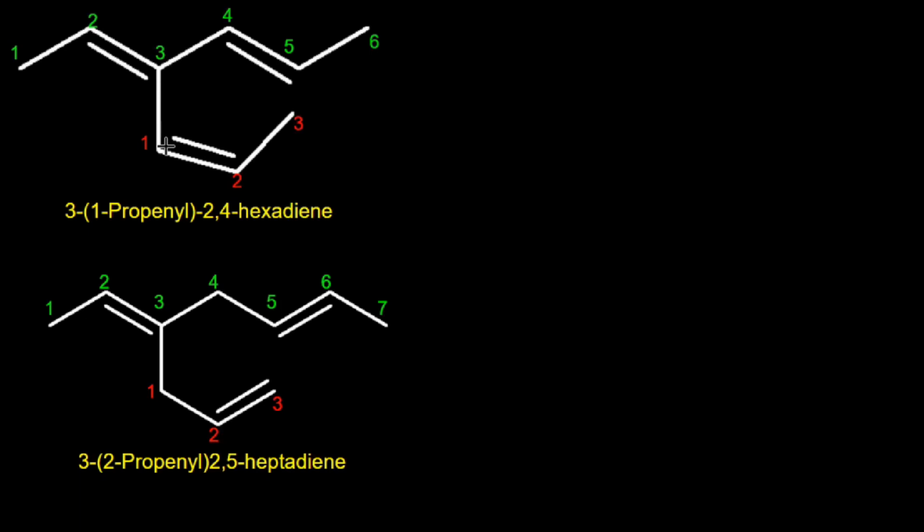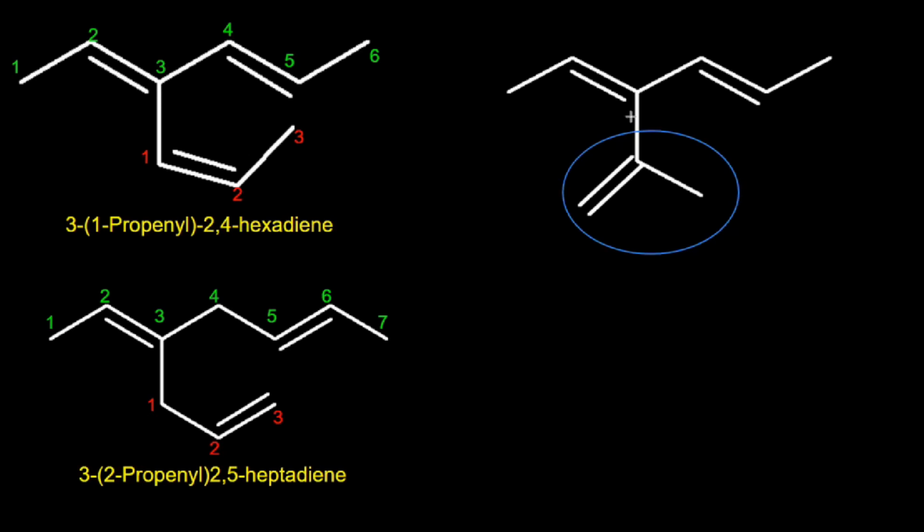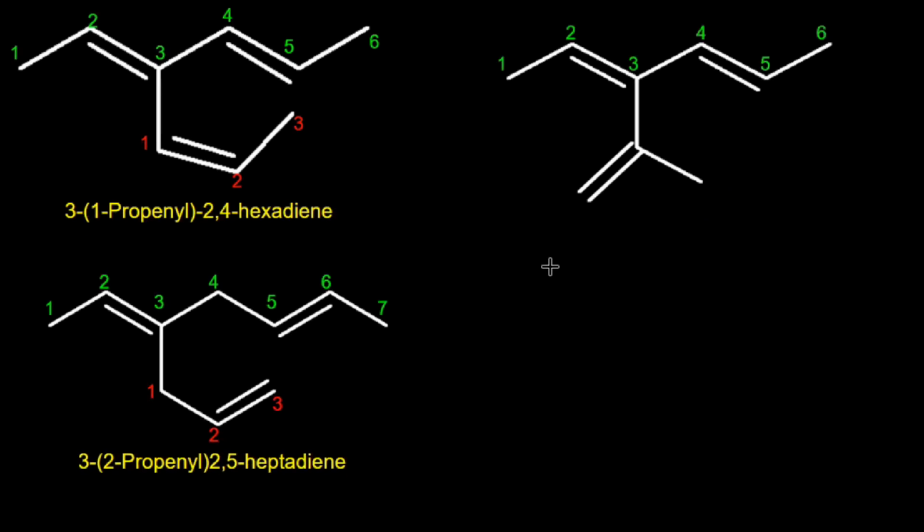Students, up till now we have discussed a propenyl group which is attached to the heading part via the terminal carbon. So what would be the name of molecule if propenyl group is attached to the heading part via middle carbon? Consider this molecule. This is again a propenyl group, but it is attached to the heading part via middle carbon. 1, 2, 3, 4, 5, 6. Now the substituent is not a propenyl group but an isopropenyl group, right? And it is attached to the third carbon of heading part. So name of the molecule would be generated as 3-isopropenyl